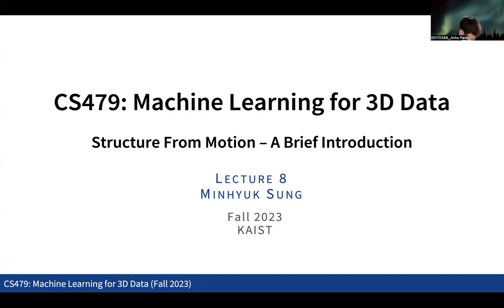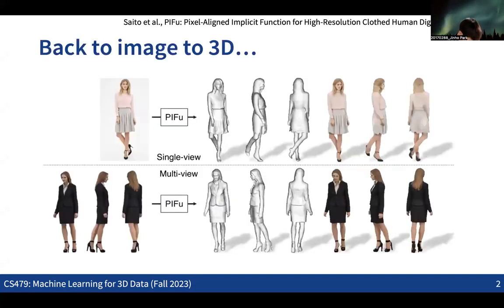Okay, so let's move on to the main topic for today. Actually, this was something we needed to discuss earlier. Let's go back to the discussion about reconstructing 3D from 2D. We discussed the idea of PIFu, a pixel-aligned implicit function where we take the features for each pixel so that we can predict either the signed distance or the occupancy of the points along the 3D ray. This was the case where we get 3D from a